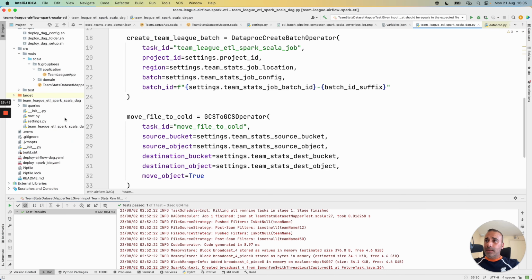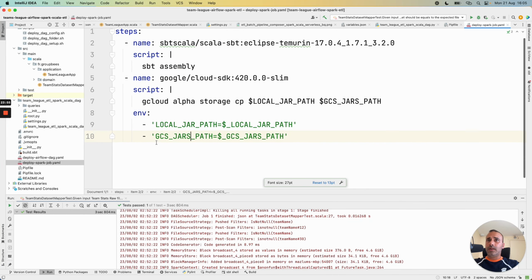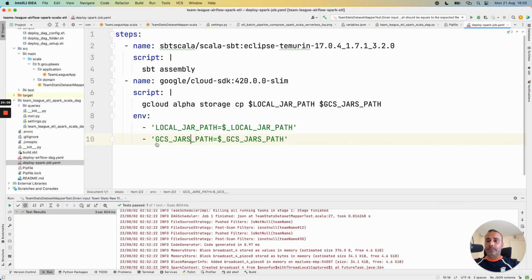To go then in the CI/CD part, as I explained in the schema, we have 2 jobs. One that allows to create the fat jar for the Spark Scala job and deploy this job in the cloud storage bucket. I deployed previously the Dataproc serverless job.